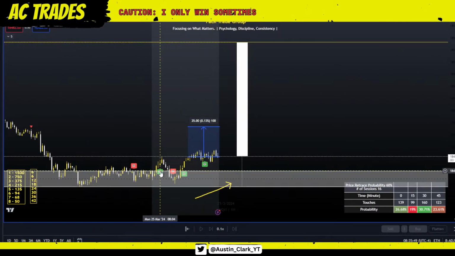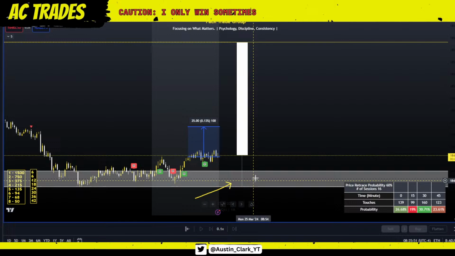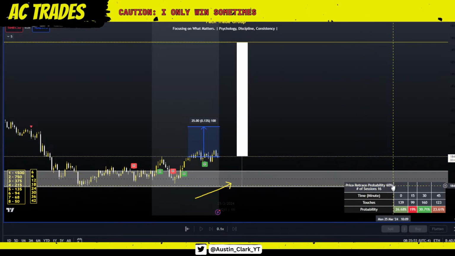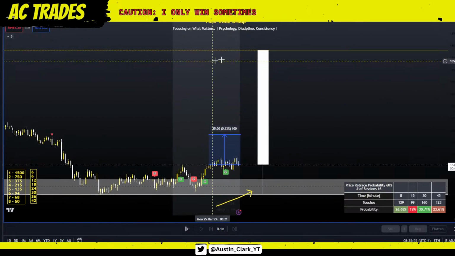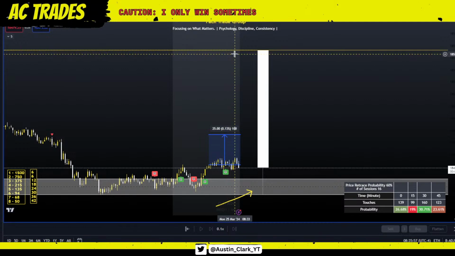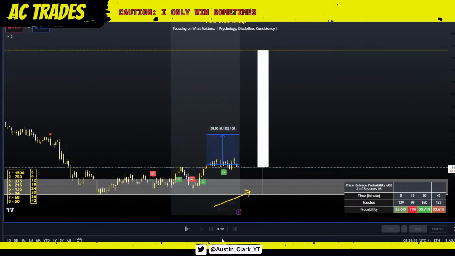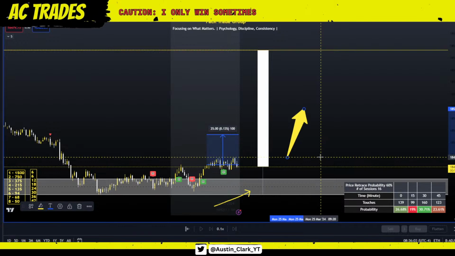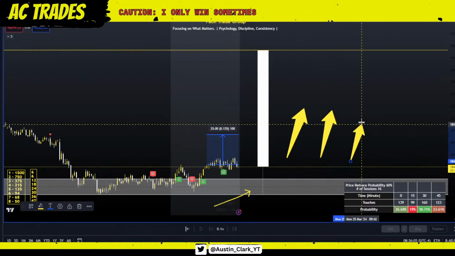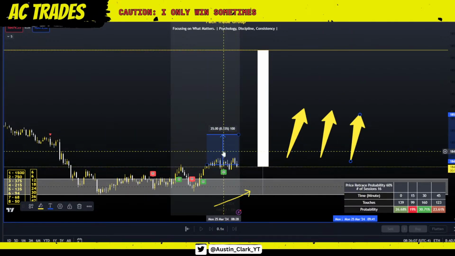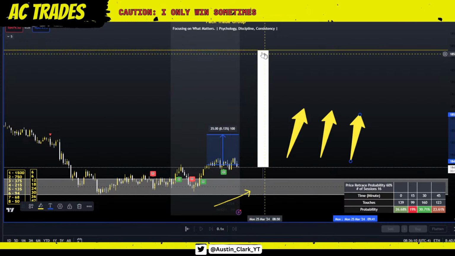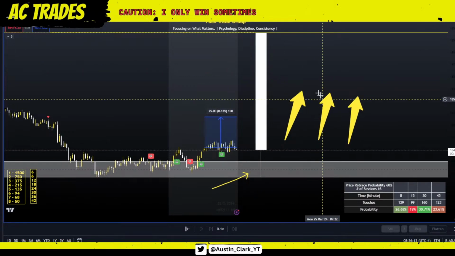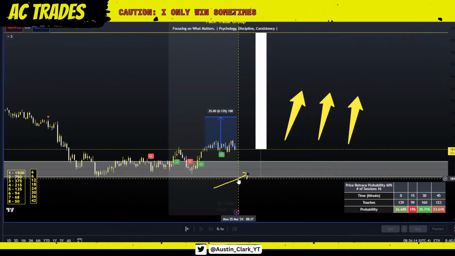We have bullish distribution. We have bullish liquidity right here. That's what this rectangle is. And we have data telling us that we have a 69% chance of coming up here to this midnight open. When we have all 3 of those together, you have 3 major confluences telling me that we're going up and to the right, at least 25 points worth, if not all the way to midnight open. So when you have all of this coming together, that is an edge.